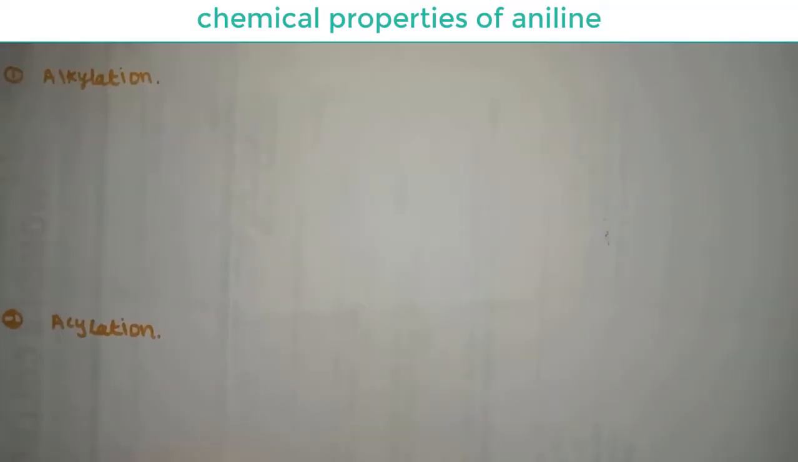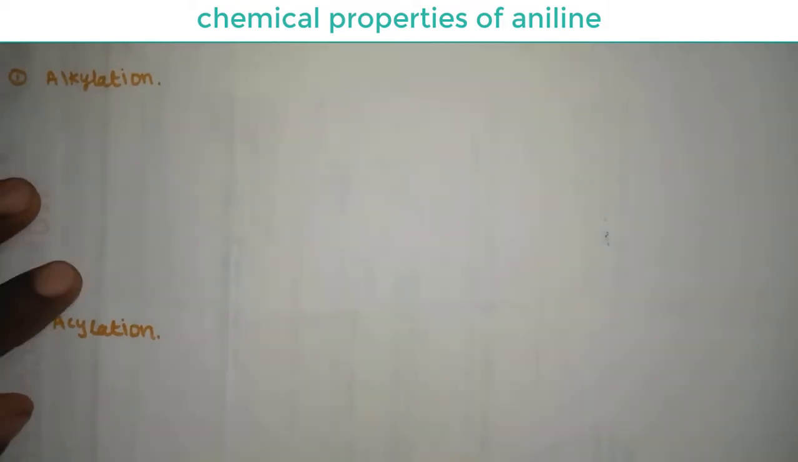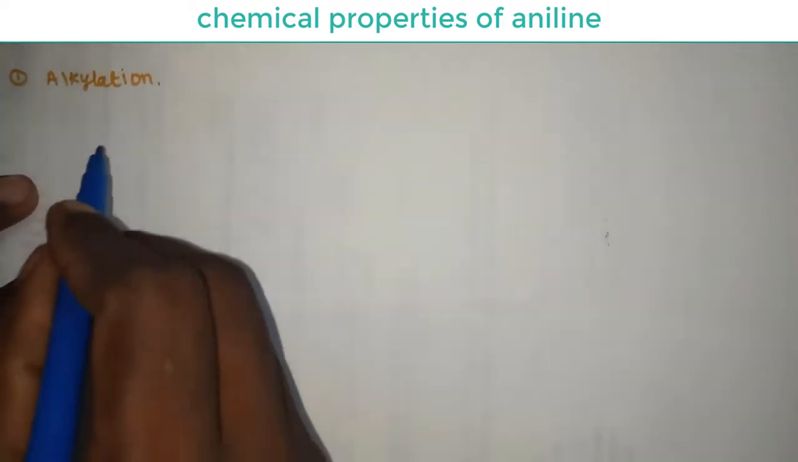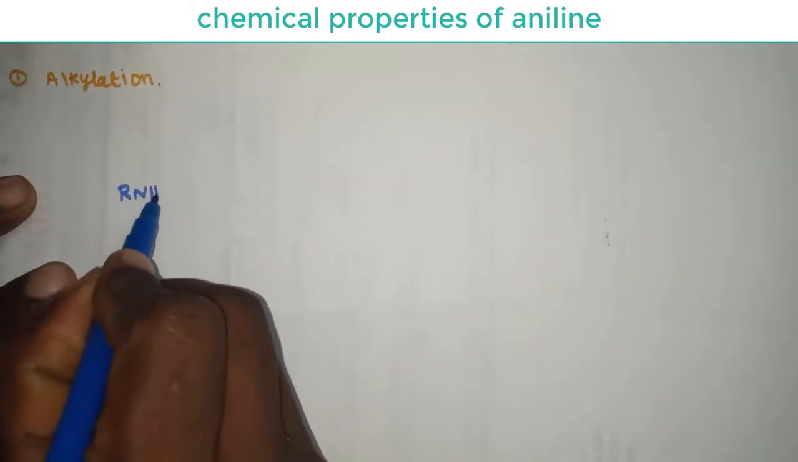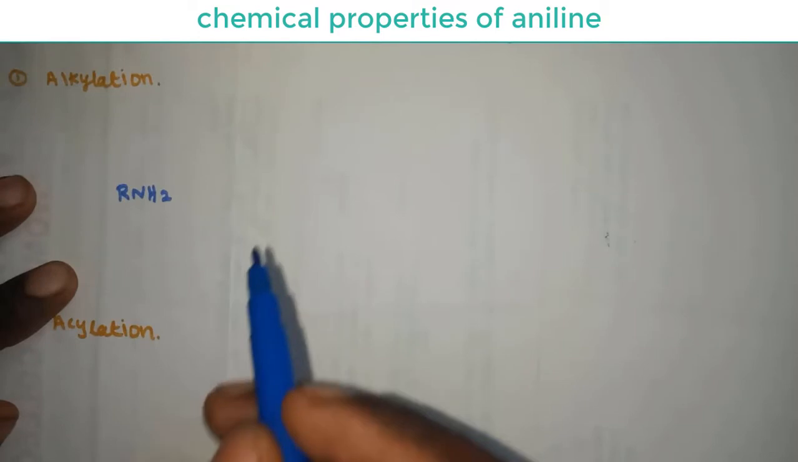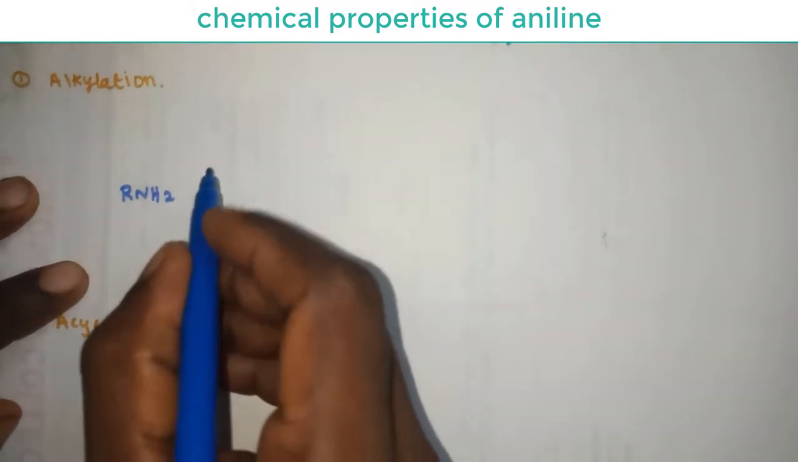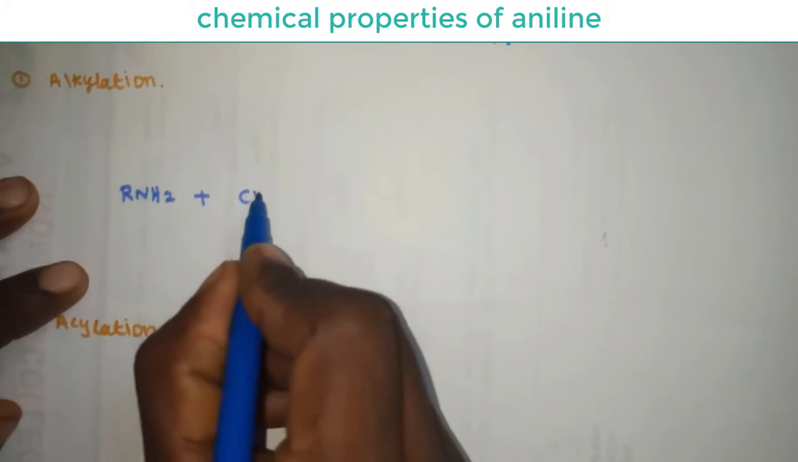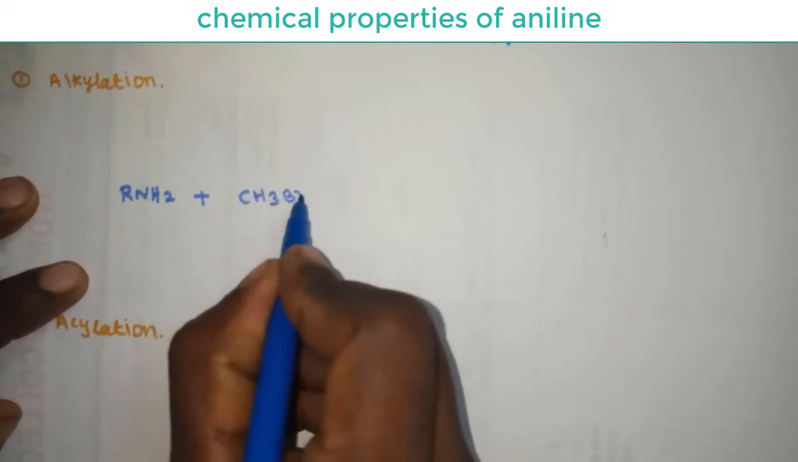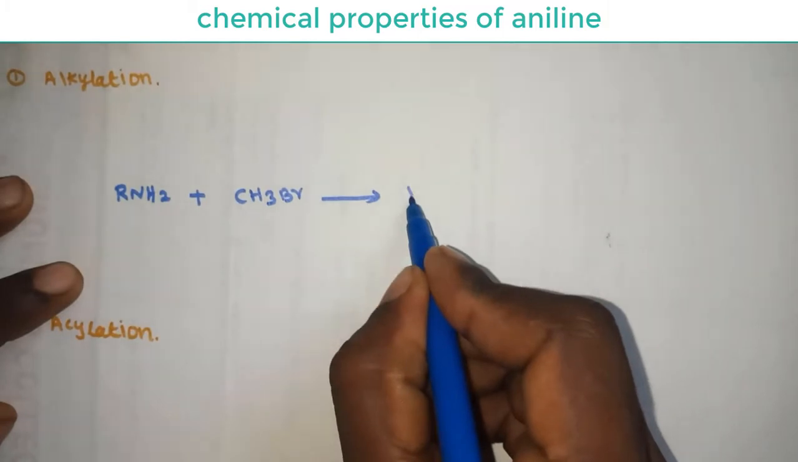Chemical properties of amines. First one, alkylation reaction. Amines react with alkyl halides to give successively secondary, tertiary and quaternary ammonium salts. RNH2 is the general formula for a primary amine. A primary amine reacts with 1 mole of alkyl halide, for example CH3Br, to form a secondary amine,